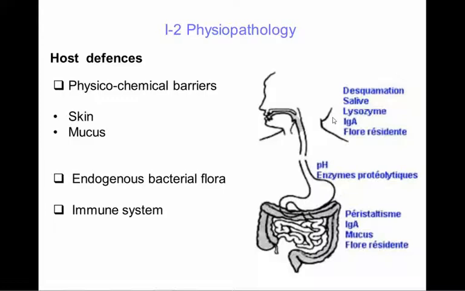So physicochemical barriers, that could just be like the skin. It's not a very easy environment for bacteria, or pathogenic bacteria at least, to colonize. So very few bacterial infections are transmitted by the cutaneous route. Mucus, as we said, pathogenic bacteria have to adhere to the surface of the epithelial cells. But if this is covered by mucus, then the bacteria can't get access to the cells, so they won't